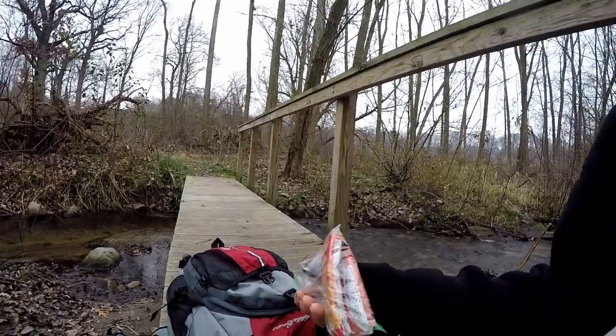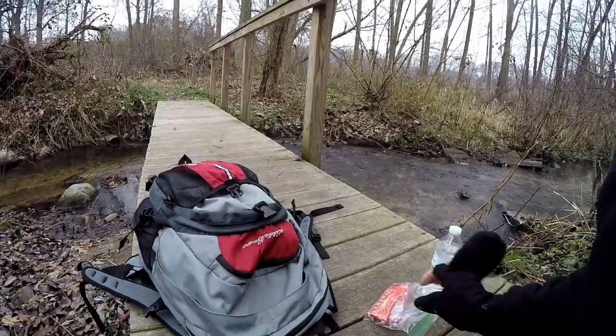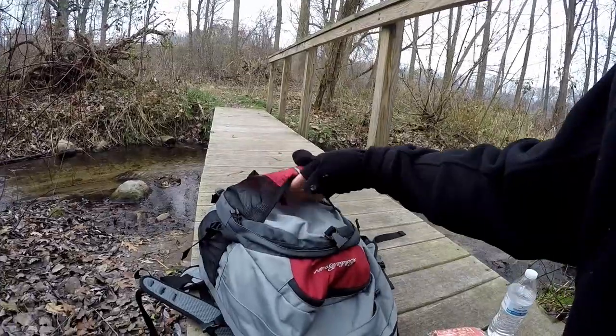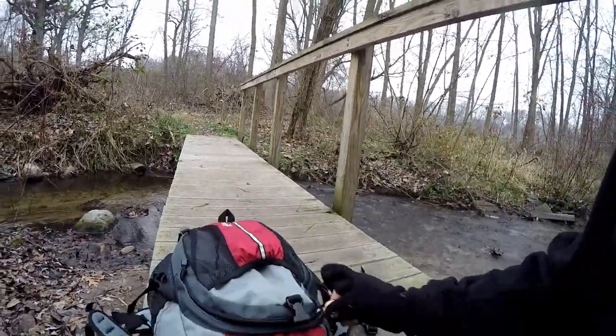Some broken up Cheez-Its and cashew cookie Larabar. That'll get the job done if necessary. Anything else in there? In the next pocket,